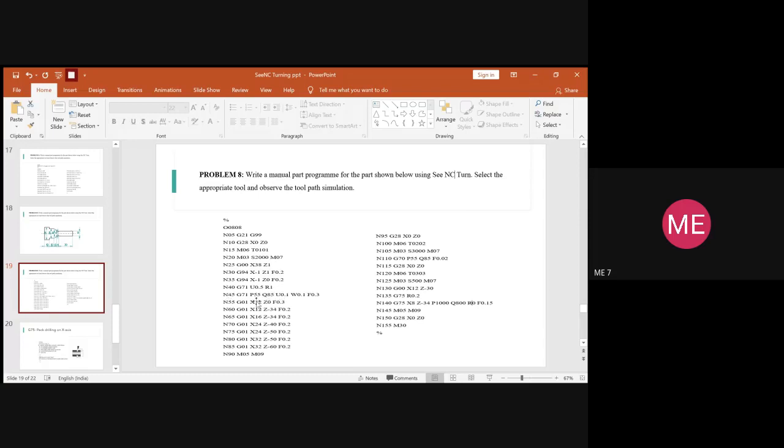You have one more attachment to the same syntax where you have to provide the sequence number from which block to which block you are going to perform the rough turning operation. So we are starting the rough turning operation from sequence number 55 till... Ma'am, N50 is missing. N50 is missing.